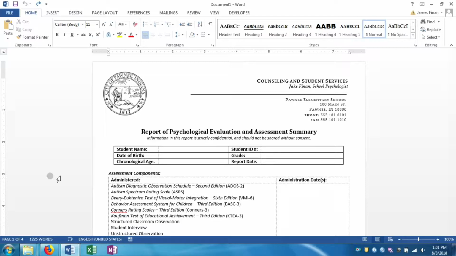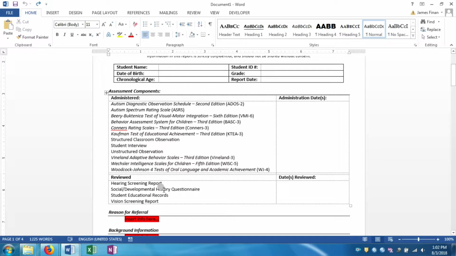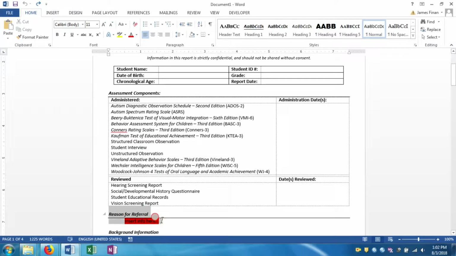But we are going to go ahead and start off with our same kind of report template. I've just opened a brand new one of that same template that we had created before, and we're going to add in one of those quick parts that we had created. So I'm just going to pull in that quick part of the parent request that we created